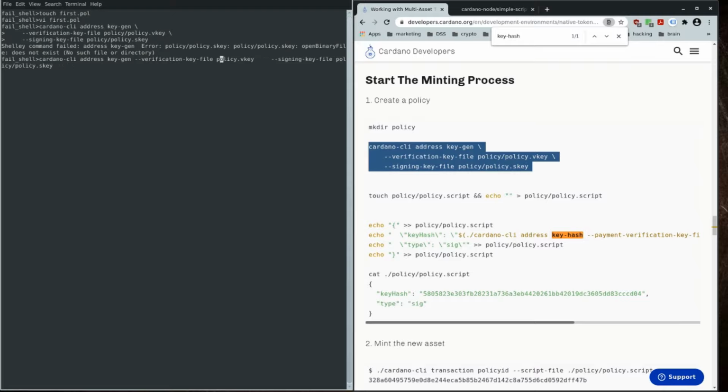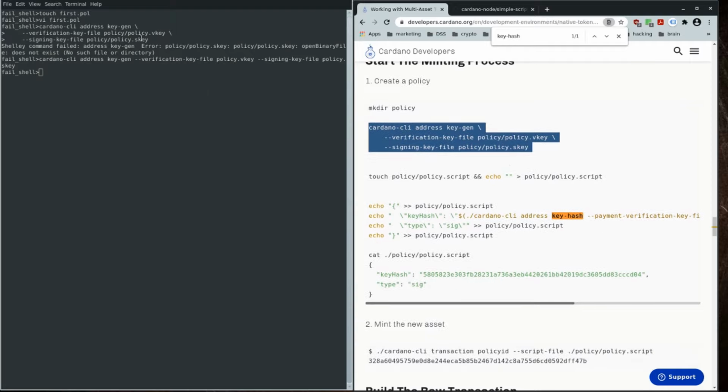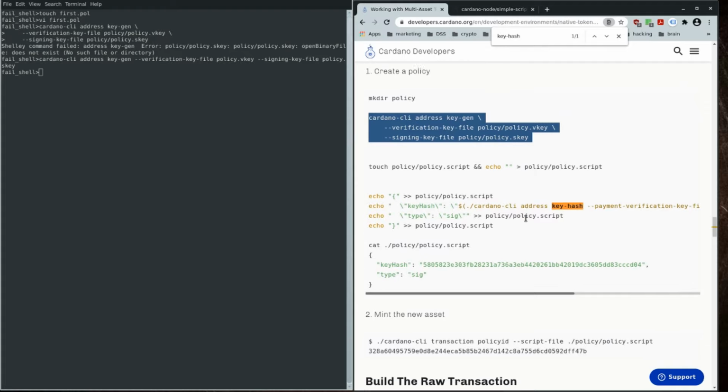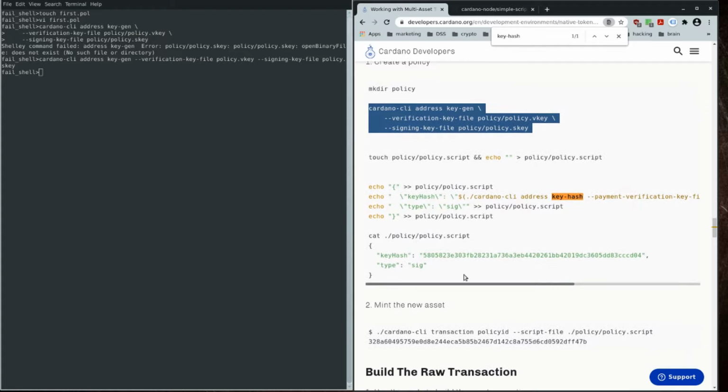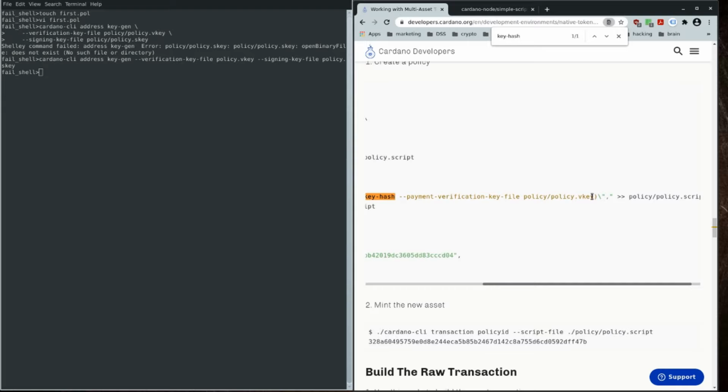I'm just gonna do policy V key, policy S key. So we created our policy V key, policy S key. We have our first policy.script, and I guess I could have done all of this, but whatever. Here, let's just go ahead and